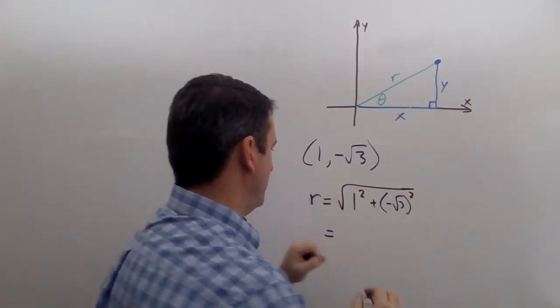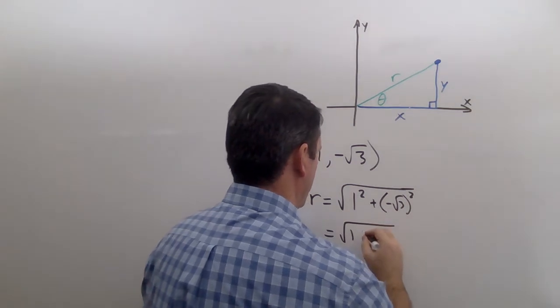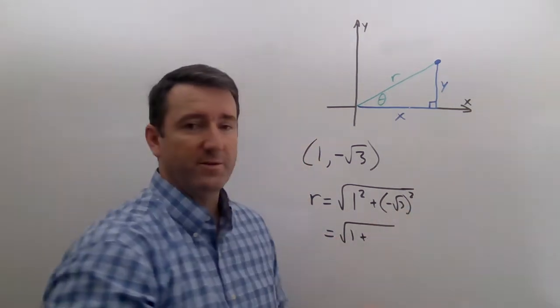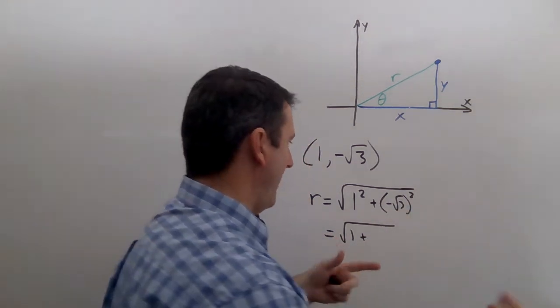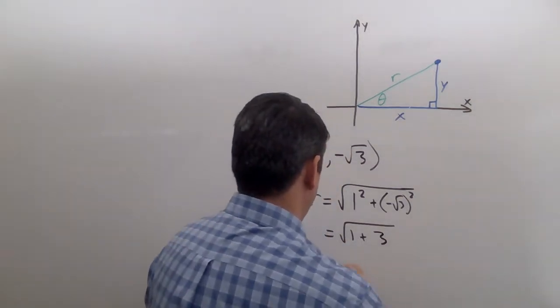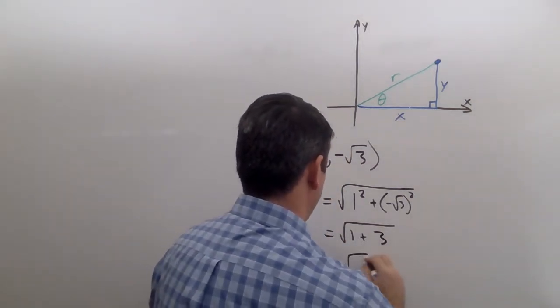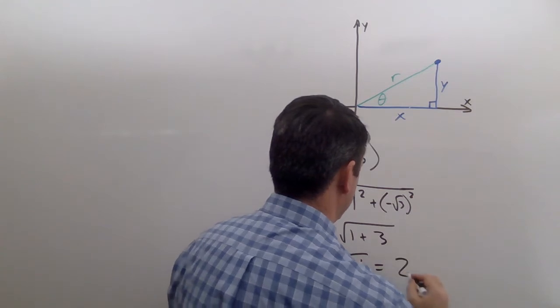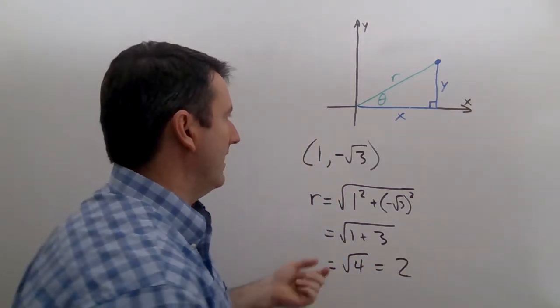So 1 squared is just 1. And negative square root of 3 times negative square root of 3 is going to be positive 3. And so this is equal to the square root of 4, which is 2. All right, for theta,